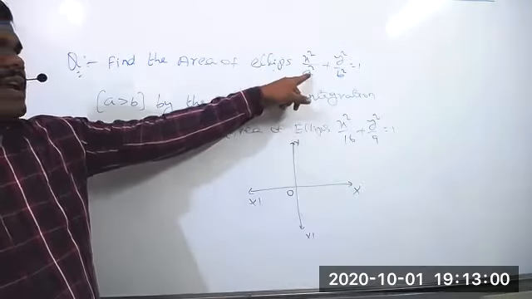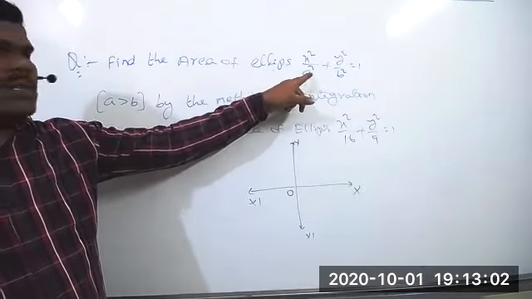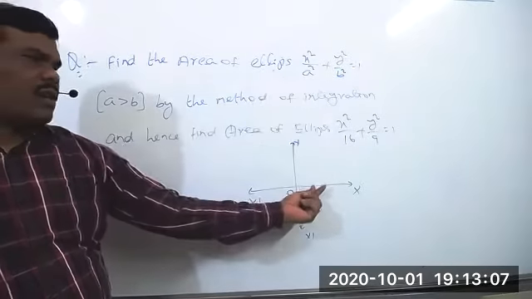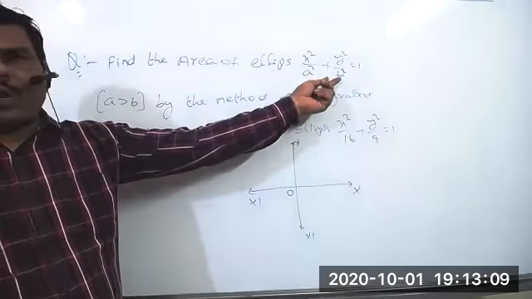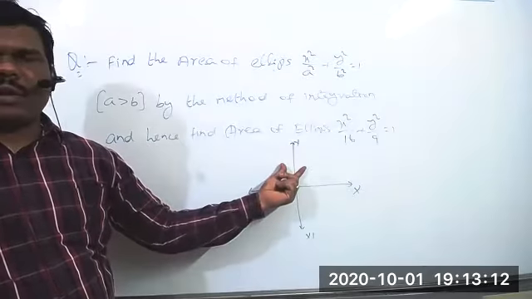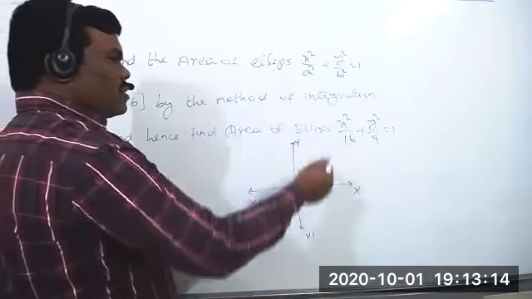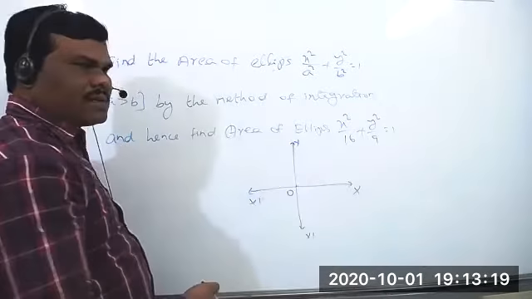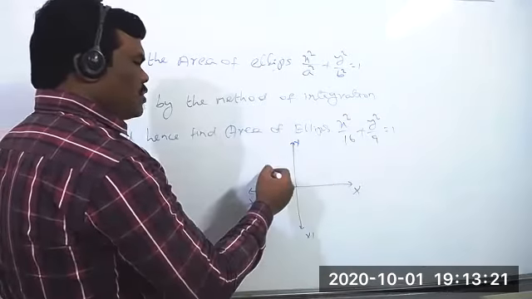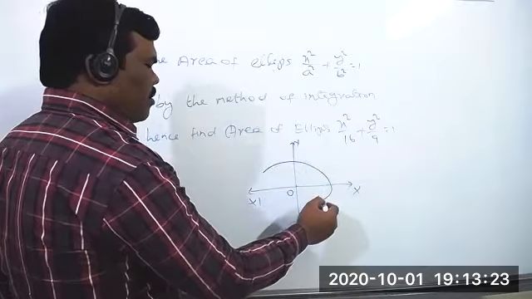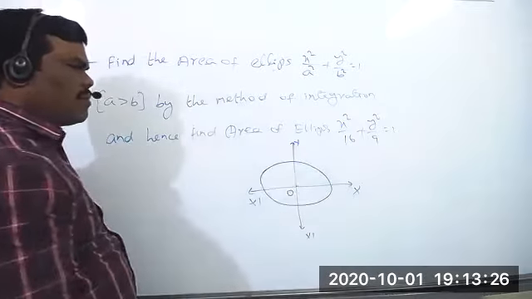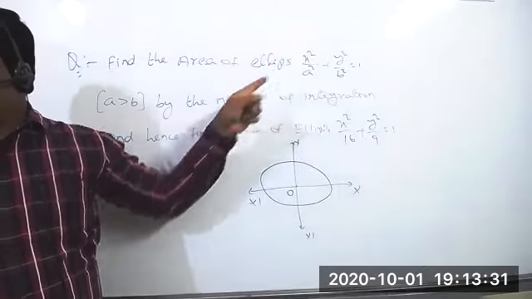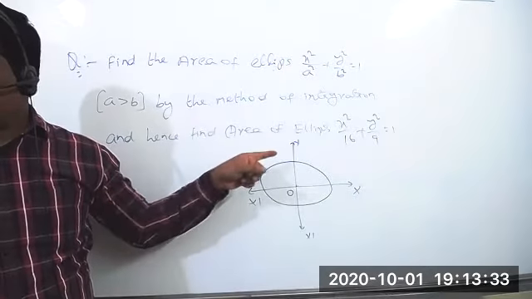Here the value of a is more. What is the meaning of this a square here? This a we have to take as a point on the x-axis. And b is the point on the y-axis, we always have to take. A is more means definitely the length from here will be more and the vertical length will be less. So the ellipse will be clearly horizontal. All of you should remember that. If a is more and b is less, the ellipse will always be horizontal.